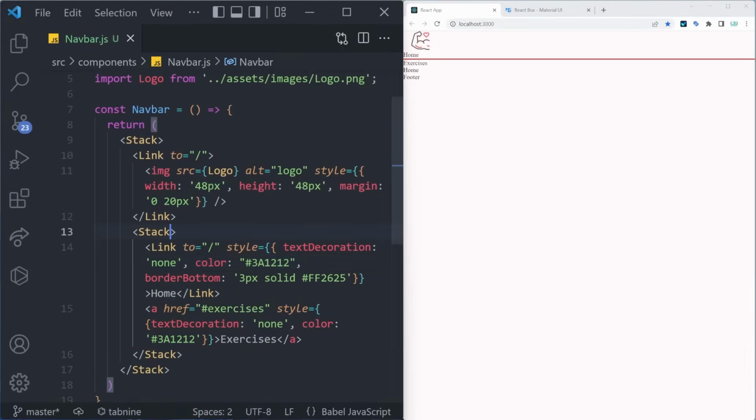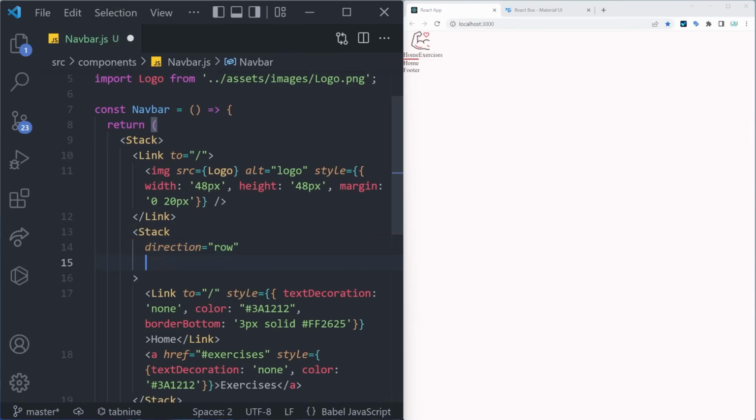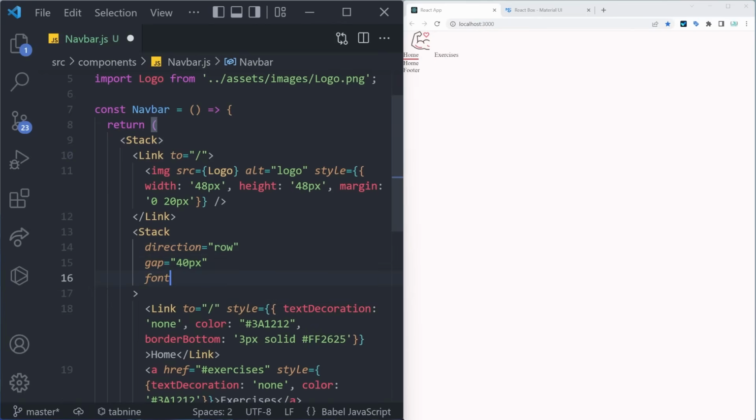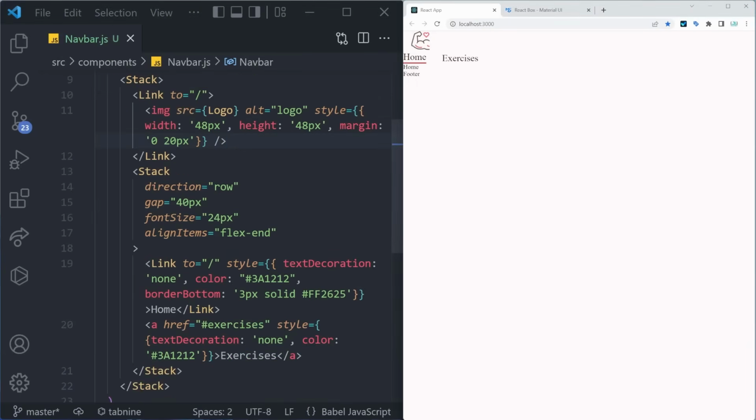Let's also style our stack a bit. We're going to add a few properties. Direction is equal to row. There we go. Let's also give it a gap equal to 40 pixels. Let's set the font size to be equal to 24 pixels. And let's also set align items to be equal to flex end, like this. There we go. So now this is already looking just a bit better, but of course we still cannot see